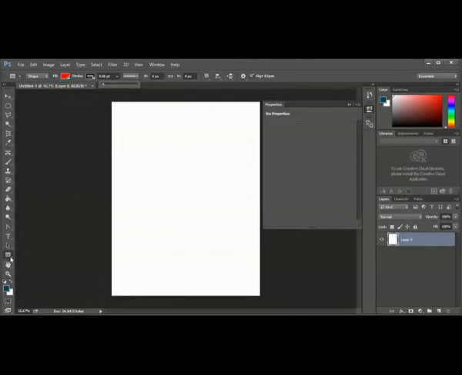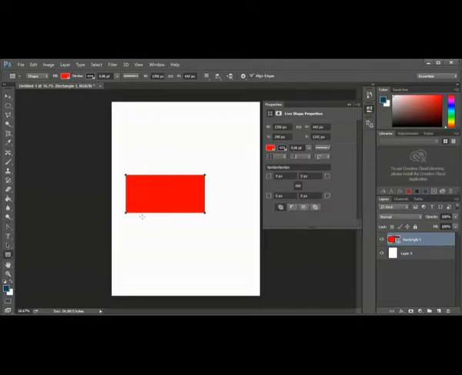So I am going to draw a rectangle shape. You see, I created a shape with red color. You can see the red fill and the stroke, that means the outer border, which is black, I selected. It immediately created a new layer here. You can see, since it is a shape layer, it gave the name rectangle. It created a rectangle shape layer here.